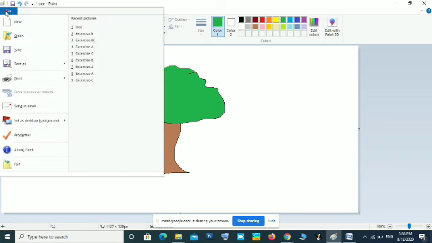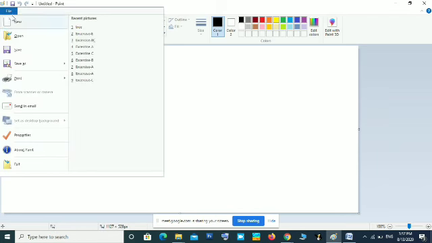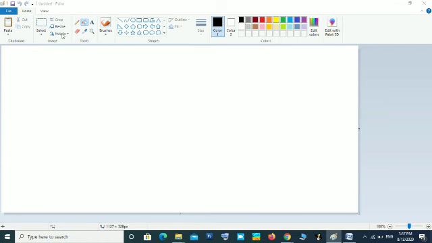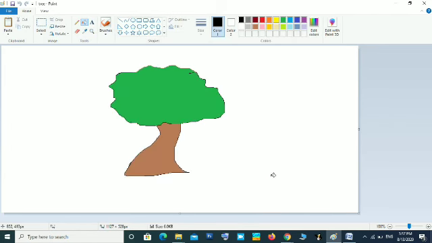Then if you want to open it the next day, click on the file menu, that is the Paint button. This is the Paint button. Click on the Paint button, then select Open, then locate your folder, find the folder where you saved. In this case it is the Pictures folder. Inside the Pictures folder you can see the file name. Select the file name, click Open. Okay, that picture is opened. This is the use of the tools explained in your textbook.